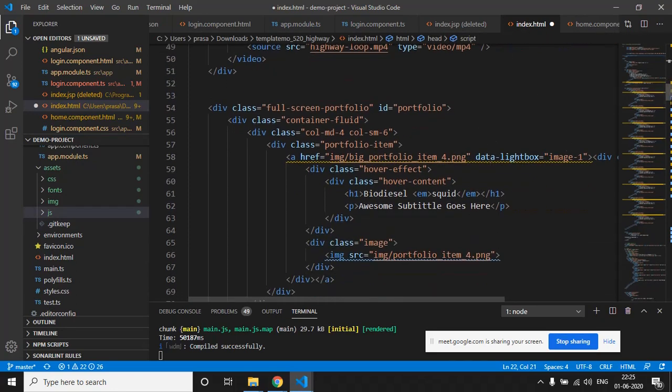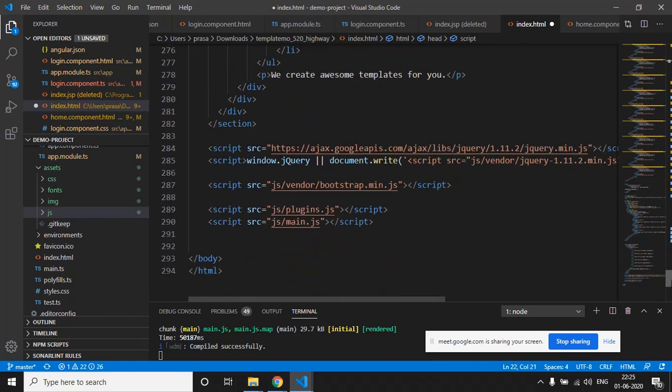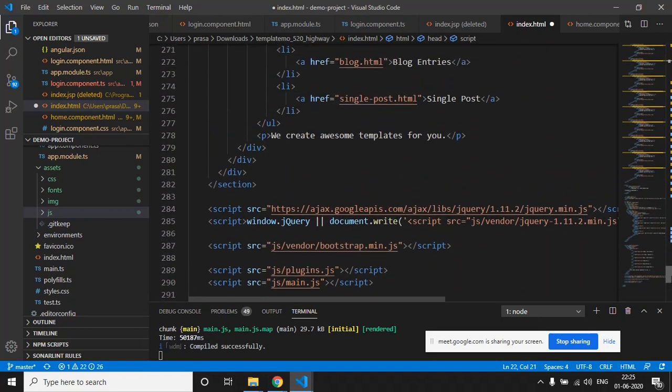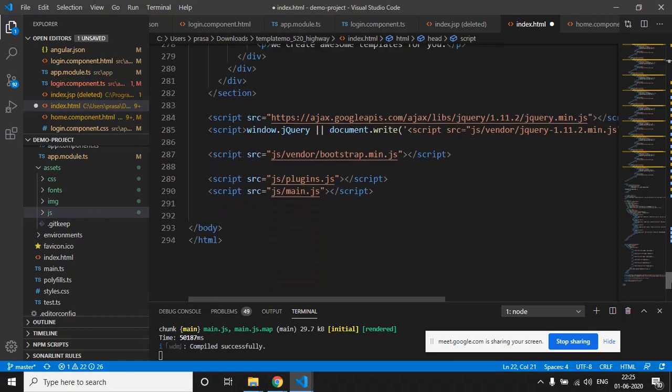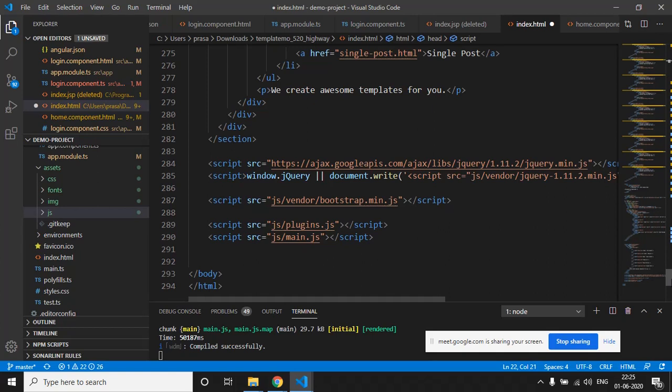Okay, fine. So now we have imported the CSS files. So now it's time for importing the JavaScript files as well. Most of the index.html files have the JavaScript at the bottom of the body tag.